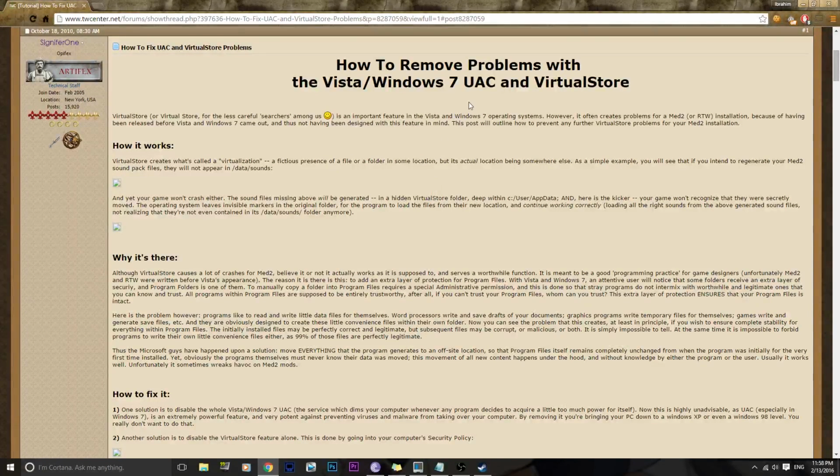So anyway, what is the UAC? Your user account control. From what I've read and watched, it's basically what controls and moderates the files that you have on your computer and download. Really, it's there to protect your computer from malicious files or silly things that you do to it. But of course, in the case of Medieval 2, you don't want the user account control messing that up or stopping the scripts running, because it stops your game. And we all know that it's not a virus, it's not malicious, it doesn't have multiplayer as much anymore,